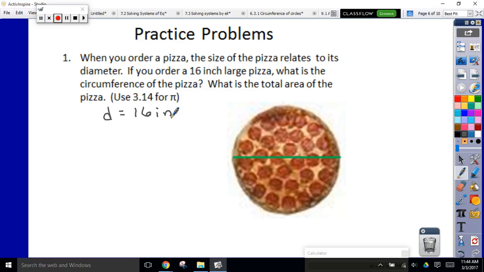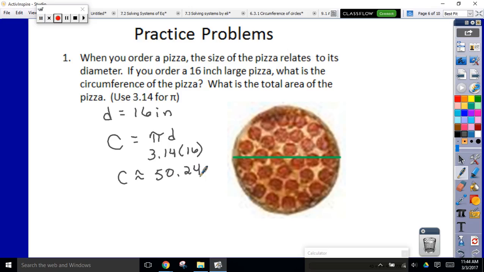Now we are going to use approximate areas here because if you were to say to someone, oh yeah, the area of my pizza is something pi, they're going to be like, what are you talking about? Like a pizza pie? Anyhow, we're just going to go ahead and actually multiply this through. What would the circumference of this pizza be? 50.24. We need to take pi times the diameter. So we're going to do 3.14 times the diameter. So we get that the circumference is about